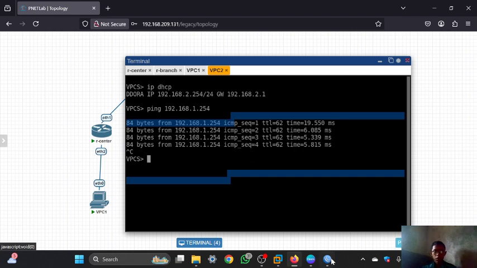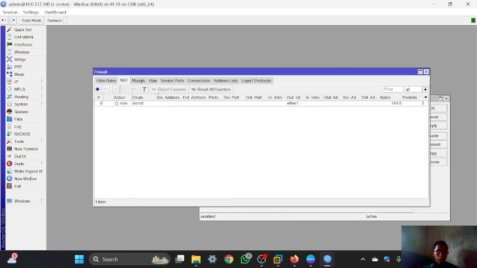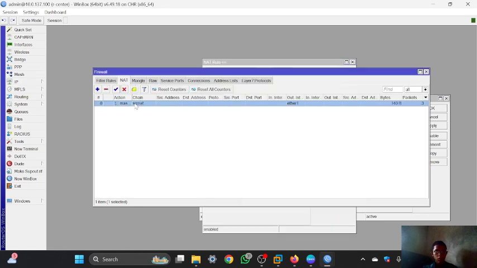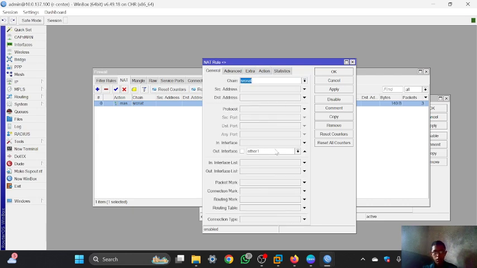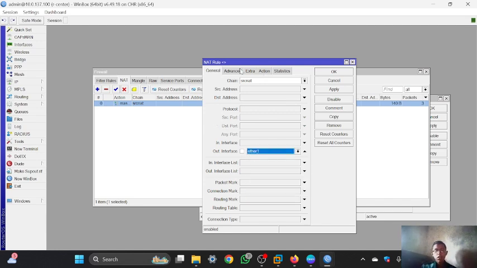And because I have set the IP firewall, oh yeah, in here you can change it in the general. For the out interface, it is using the PPTP. Oh yeah, you don't need to configure the NAT rule again.